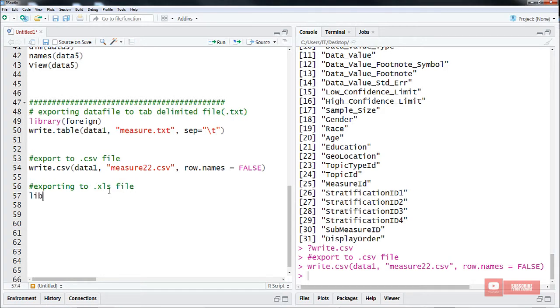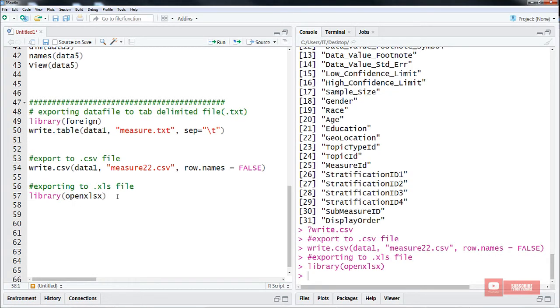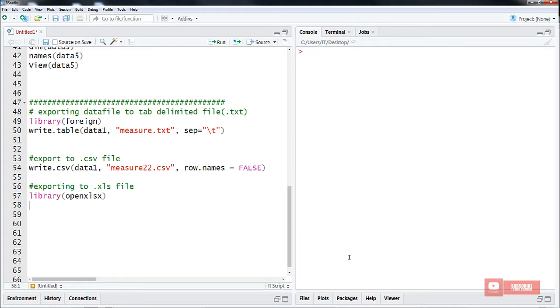So we are using library openxlsx. So this is the library that we're going to use. If you don't have this library, you need to download the library openxlsx. Right. So let's say I want to export this data, right, to Excel file. Right. So now let's look at the function